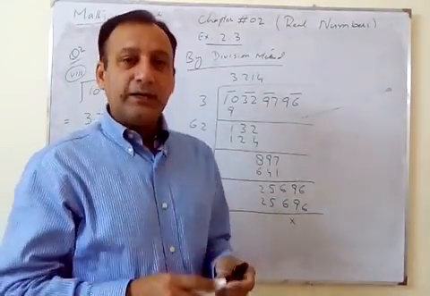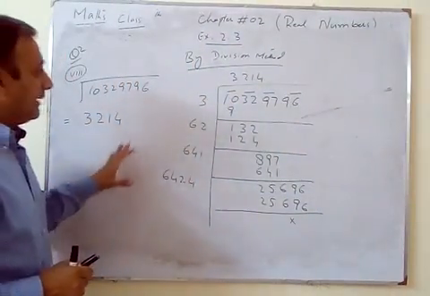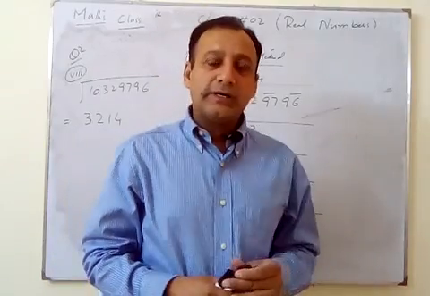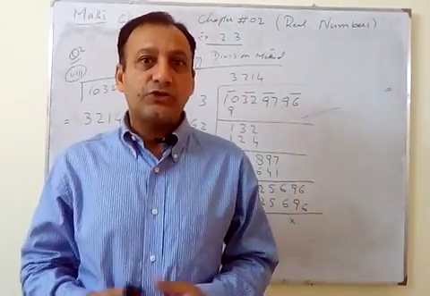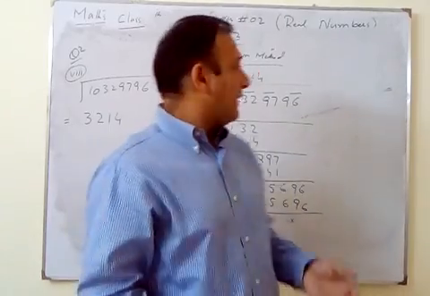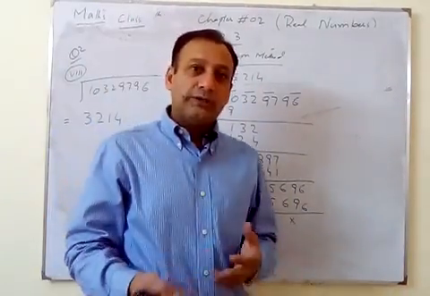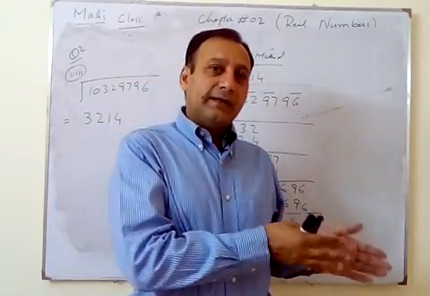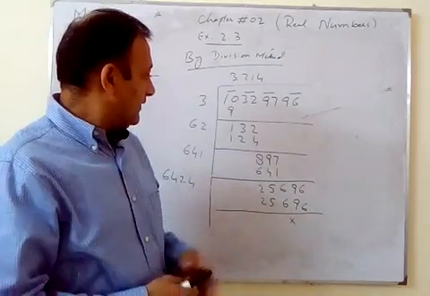So this is the method to find the square root by division method, and before this I told you how to find the square root by prime factorization. So we have both methods here, prime factorization and division method. Although you have already solved both methods in 7th class, even then I solved these questions.